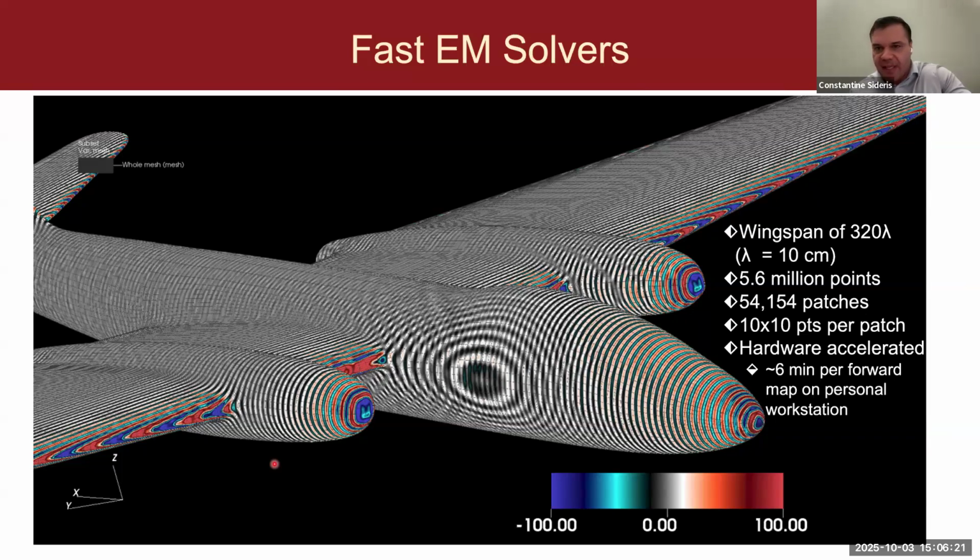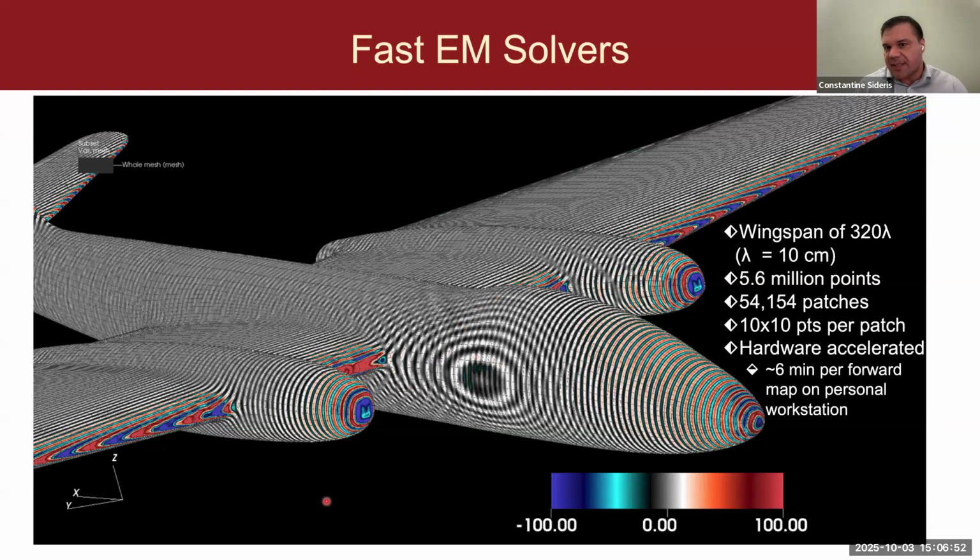One major development in this area is in our high order boundary integral equation methods. And I apologize, that's a mouthful, which we have accelerated both from an algorithmic standpoint as well as from a hardware standpoint using GPUs. So in the slide here is an example of a Helmholtz scattering problem solved on a personal computer using GPU acceleration. The wingspan of this aircraft is 320 wavelengths, and this discretized problem has almost 6 million unknowns.